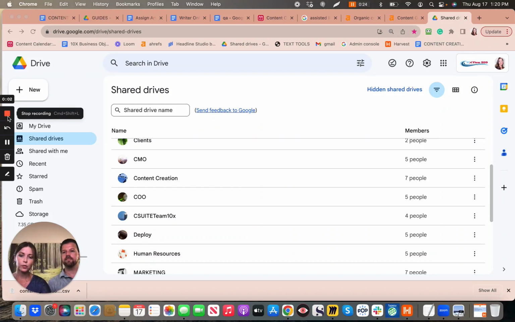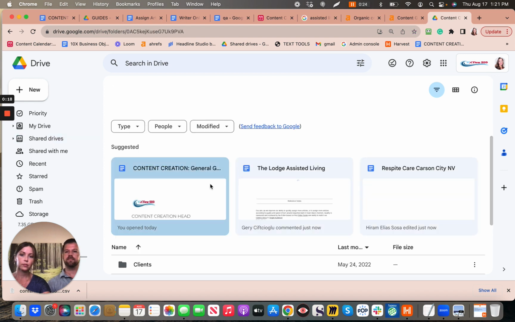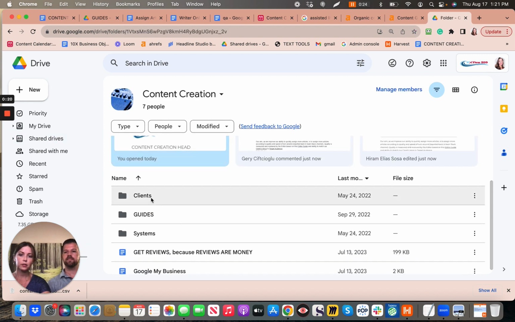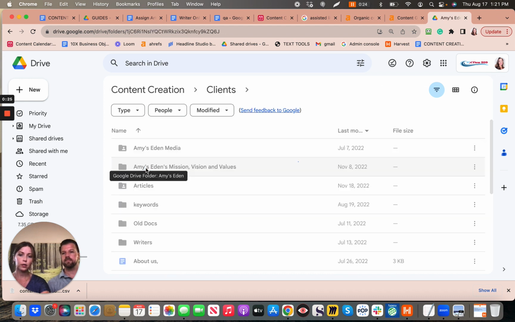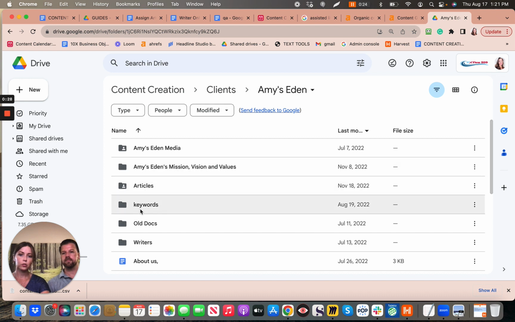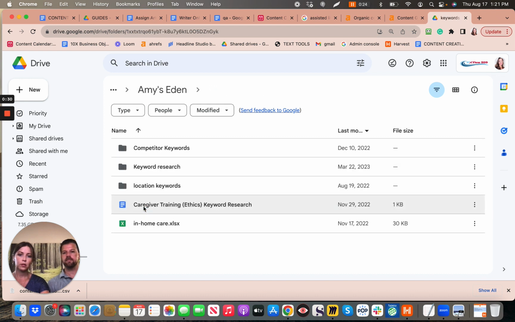Okay, so this part is mostly for our content creation head. We're just going to be showing you where to go once you have the file that you've downloaded of the keywords. It's right here. So we're going to go into content creation, and then we're going to go to clients. And then you're going to choose the client that you're working with, and then you're going to choose keywords. And then we're going to import our competitor keywords